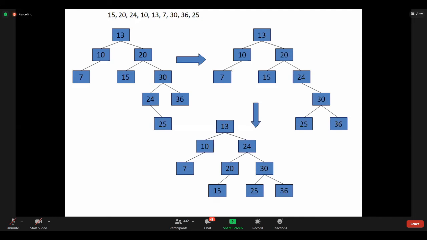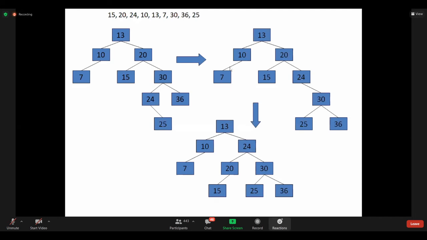But we have to consider only 3 nodes. Which 3 nodes should be considered is the first point here. For 20, look here: 20, 30, 24, 25, and 20, 30, 36 is there. But why do we consider only 20, 30, 24? Because at the insertion of 25 for node 24, the imbalance exists.